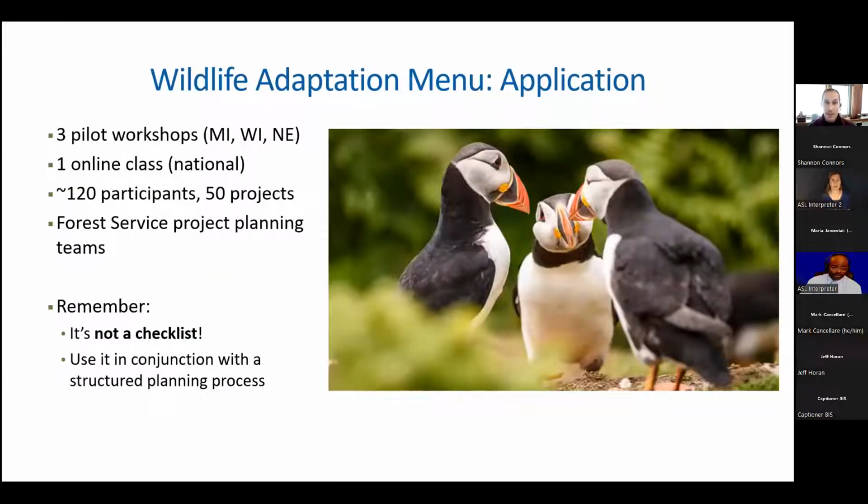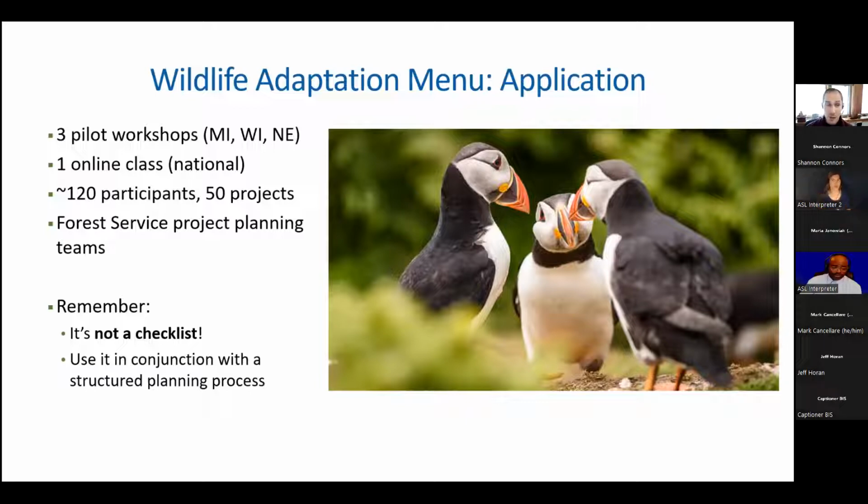A little more detail about application. Like I mentioned, we had those pilot workshops that included a broad cross-section of land manager types, shapes and sizes of projects, focal species and habitats. We did run that online national class over the spring in partnership with the Association of Fish and Wildlife Agencies.